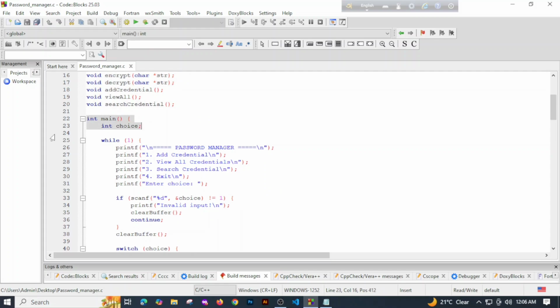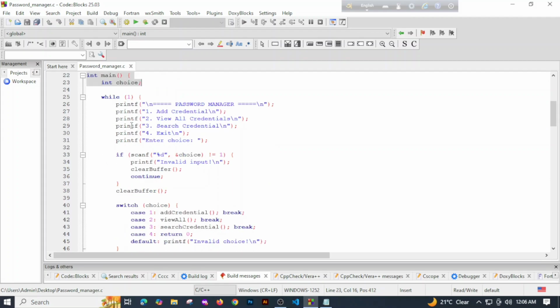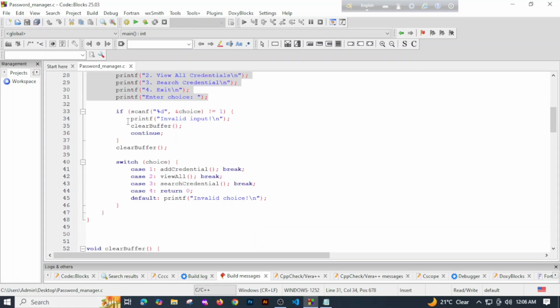Well, this choice stores the menu selection, and then we have while. This creates an infinite loop, so the menu keeps showing until exit. And then we have this, which displays the menu options. Okay, and then this if scanf reads the user's choice. If the user enters a letter or invalid input, it prints an error and clears the input buffer. So I hope you guys got it from the printf